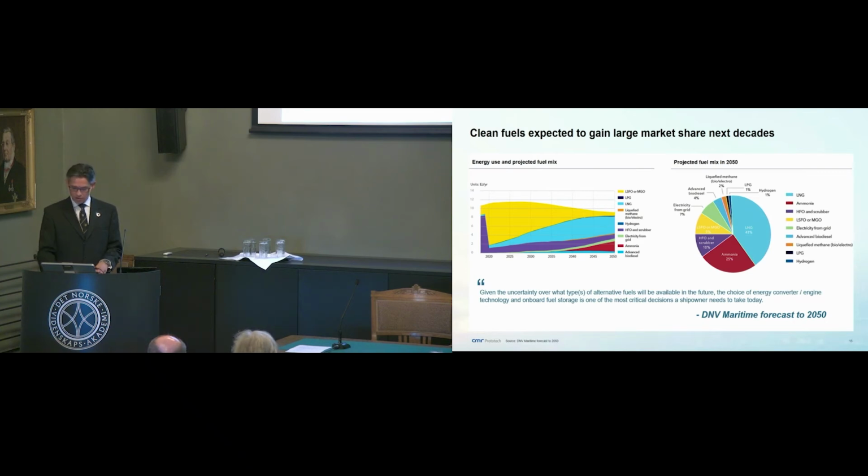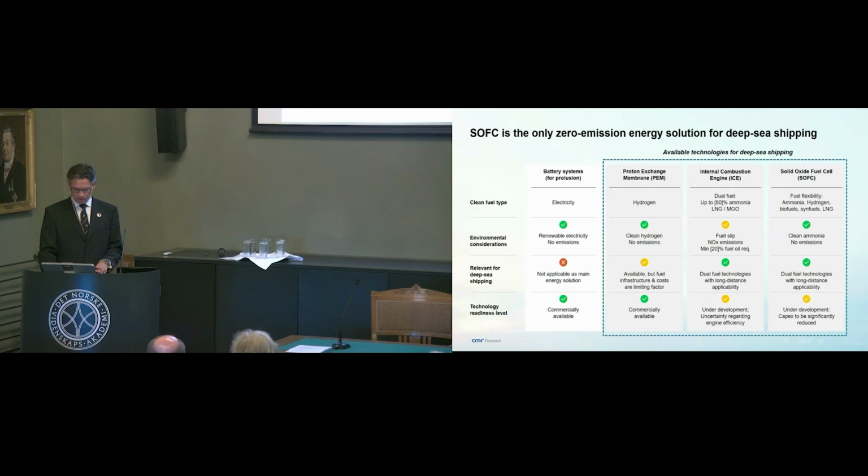And these are the alternatives. It's batteries, proton exchange membrane, PEM cells, internal combustion engines, made for dual fuel for ammonia and LNG, and also solid oxide fuel cells. And for deep sea, batteries are really not applicable. PEM have some challenges related both to infrastructure and cost, while fuel slip and